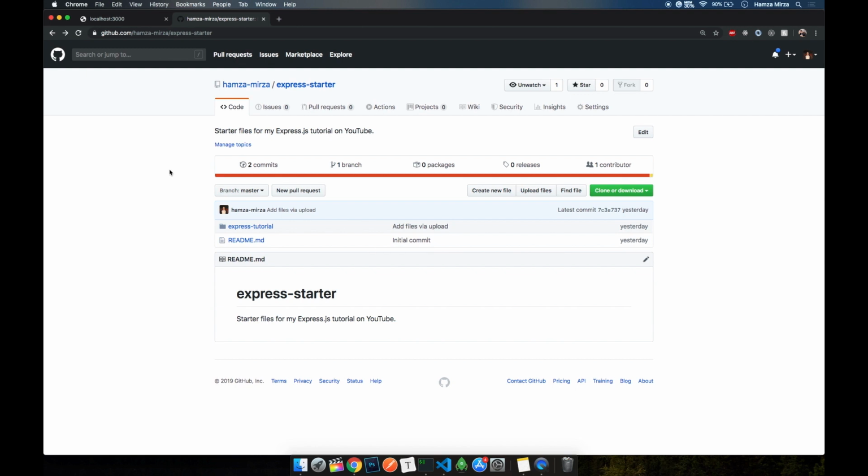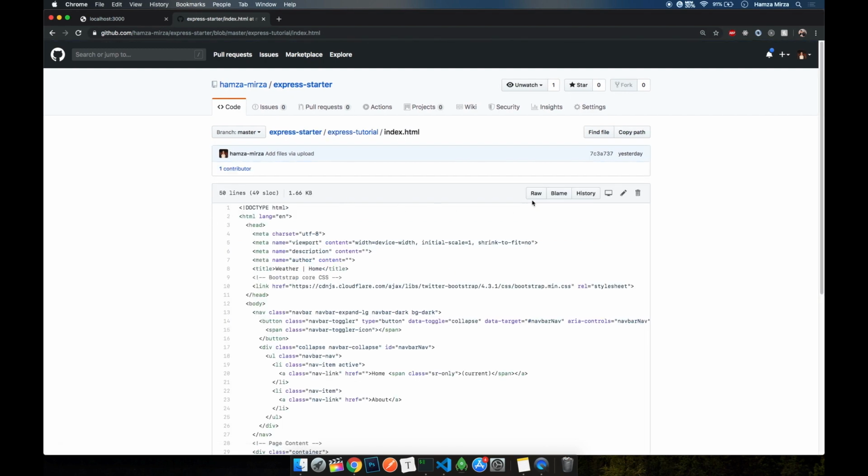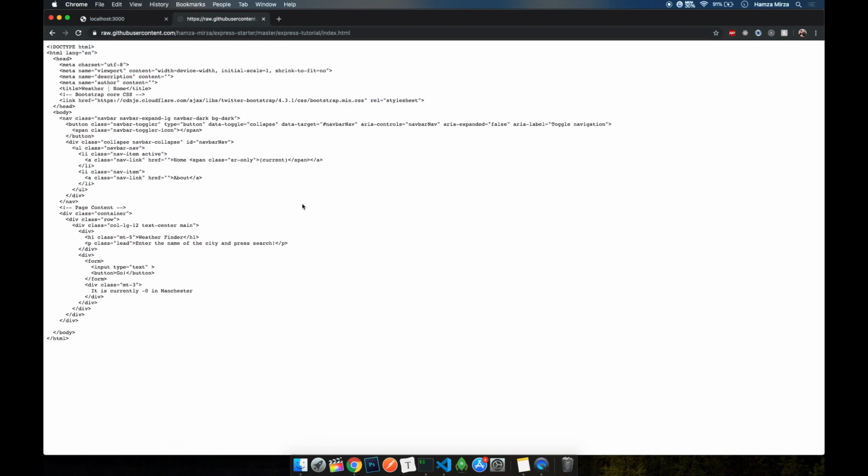structure that we need. So go ahead and crack open this express-tutorial folder, and inside of it there are two files, index.html and about.html. Now you can either download this entire repository or you can just crack open one of these files and then click on this raw button right here. This will give you the bare bones structure for our homepage. So if you press Command A on Mac or Control A on Windows, it's going to select everything on this page, and then I'm going to copy everything,